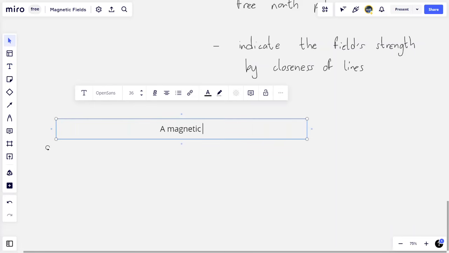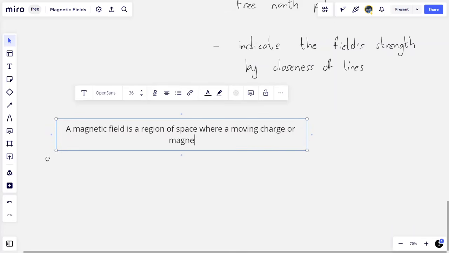A magnetic field, like any field, is a region of space where something feels a force. Now, that something is very important because this will make or break the definition. Where a moving charge, a moving charged particle, or permanent magnetic pole